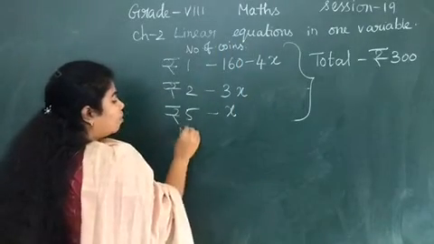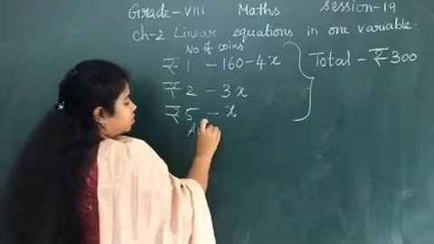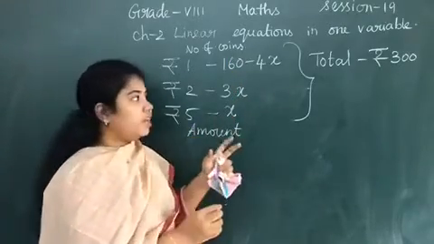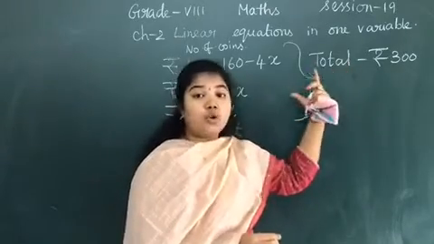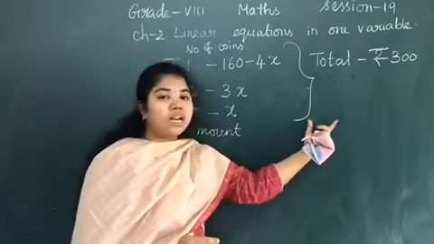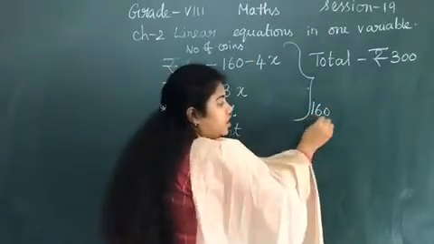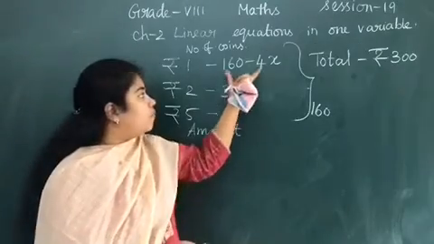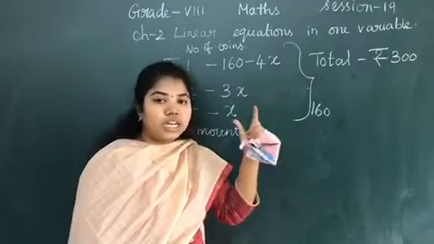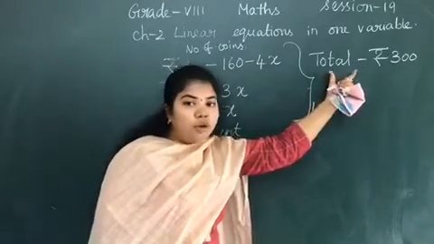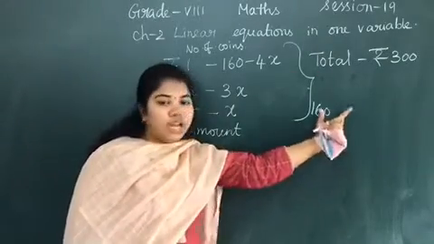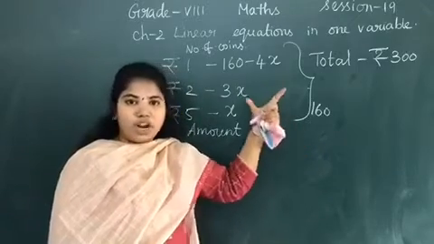Now we have to go about the amount. For this we have to fix some amount. They have given the total as 300, but you cannot add these. If you add these, you will get only the total number of coins, that is 160 coins. These are all mentioned for the coins, right? But in the question they have clearly mentioned the total amount is rupees 300. So I need some amount to add which is equal to 300. That is our statement. Like that only we have to do all the other sums, right?